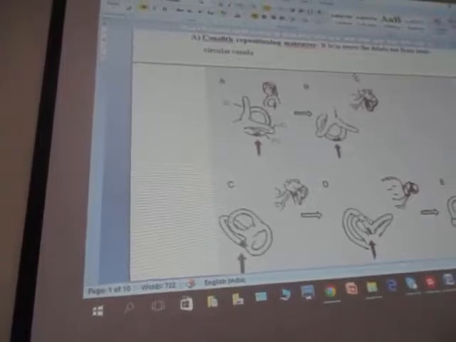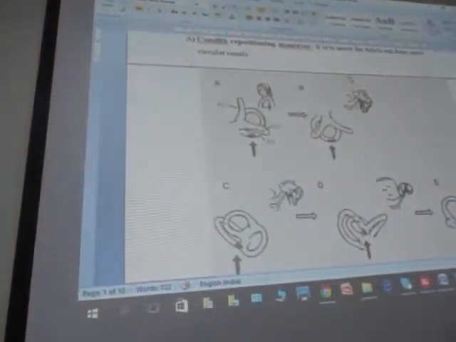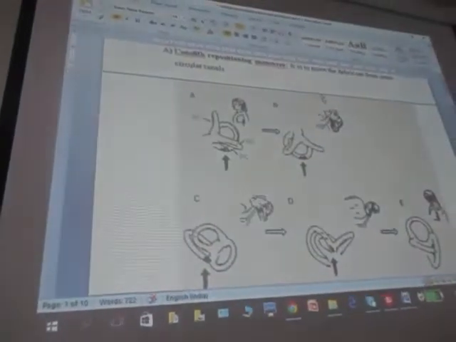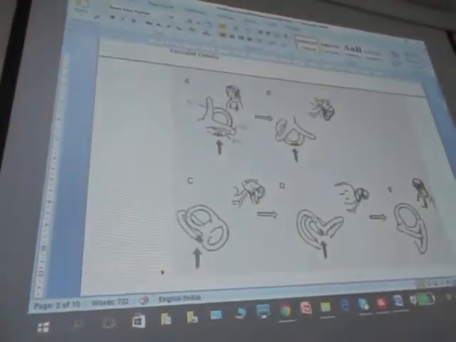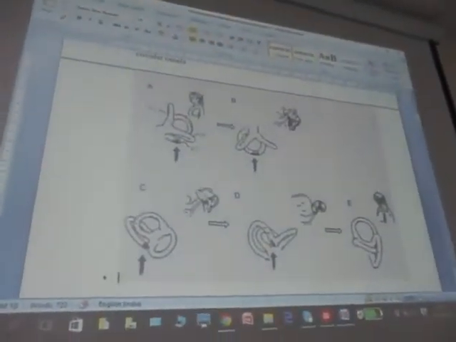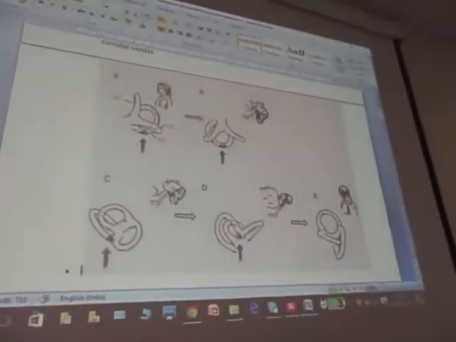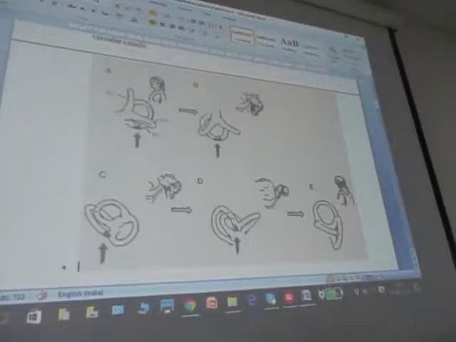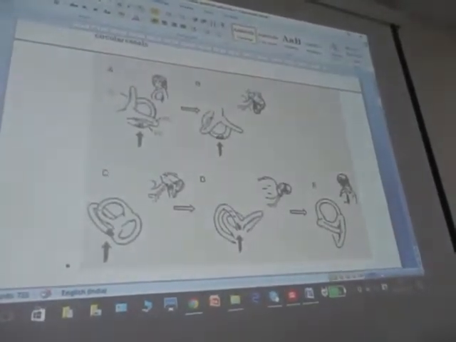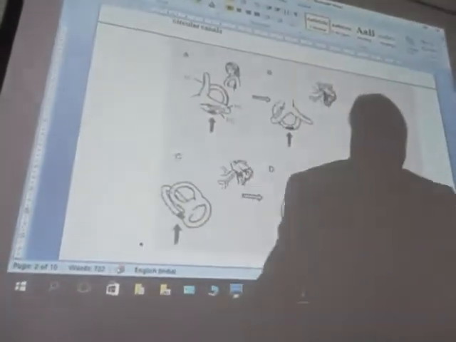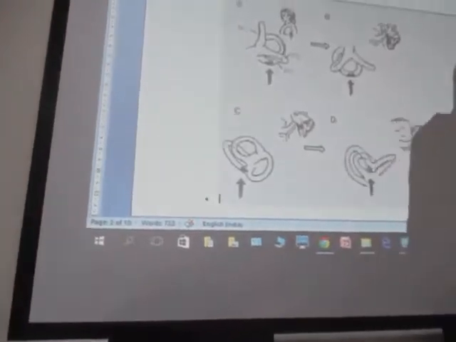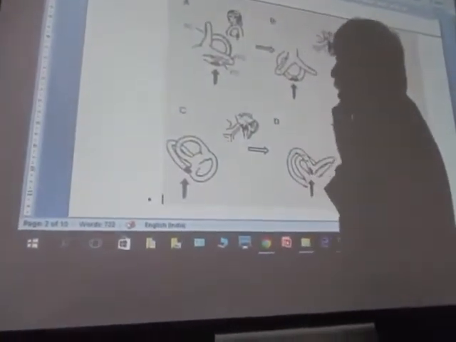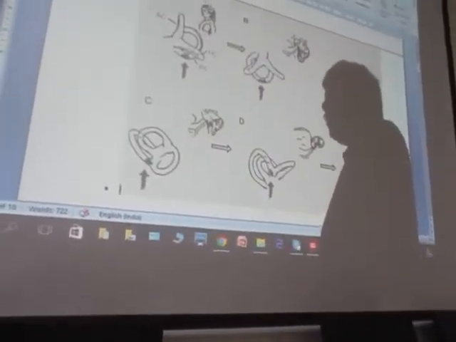Canalith repositioning manoeuvre. It is to move the debris. Debris means waste which is present in the semicircular canals. You are going to move the waste. Can you see that arrow mark? Black arrow marks in the semicircular canal. So that shows debris. This is the debris. You are moving that debris, draining it out, or putting it again into that particular position. So that is what you are doing in